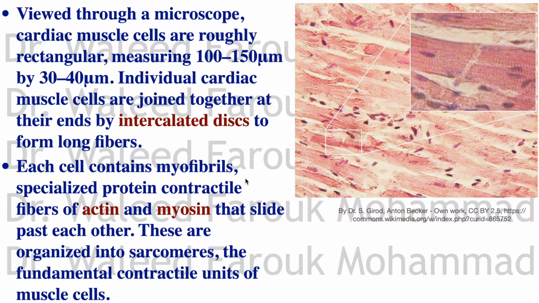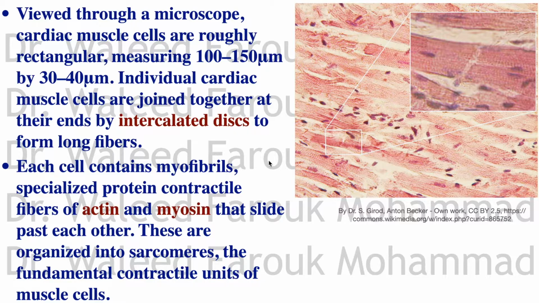If you looked at the heart muscle through a microscope, the muscle cells are roughly rectangular, and the individual muscle cells are joined together by their ends by the intercalated disks, the ones you see magnified here. It's a line that connects cardiomyocytes together, and in each myofibril of the heart,